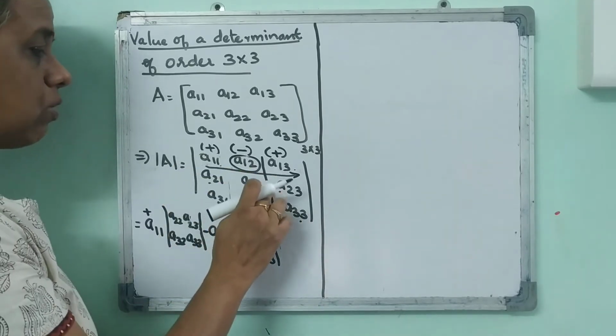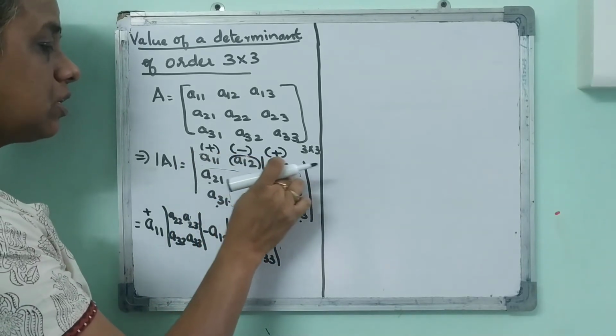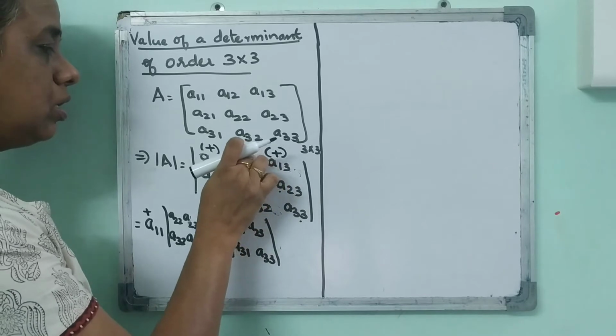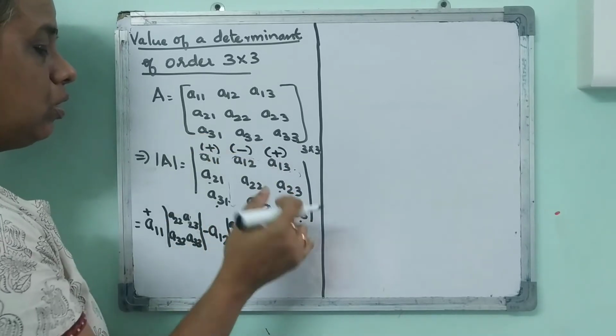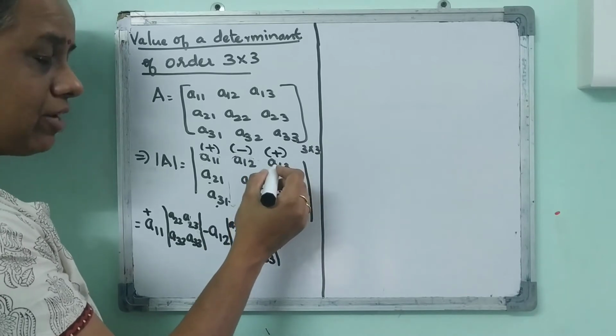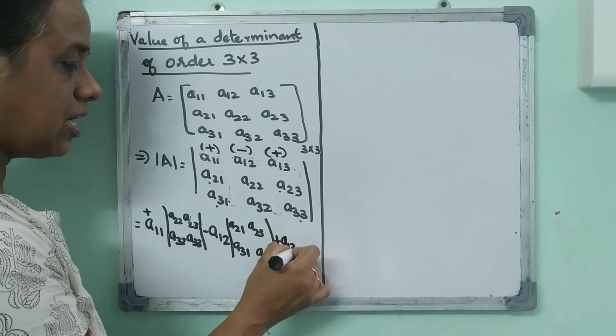Now go with the third element in the first row. I have told you to consider only the elements in the first row. What is the third element? A13, which has a plus sign. So plus A13 into